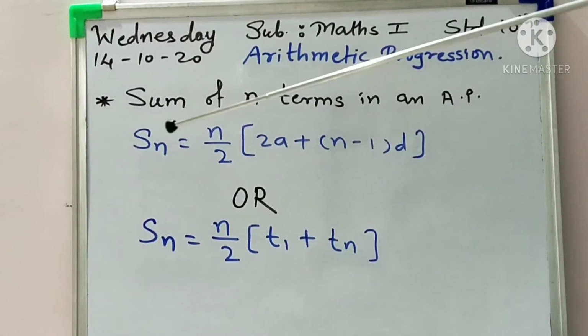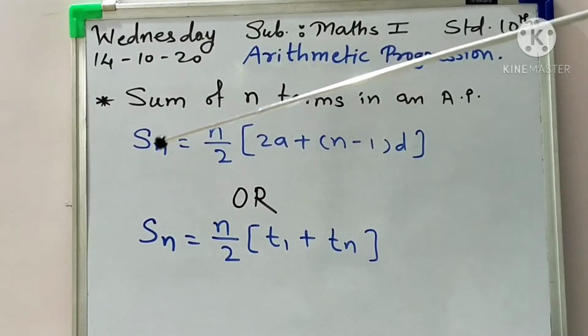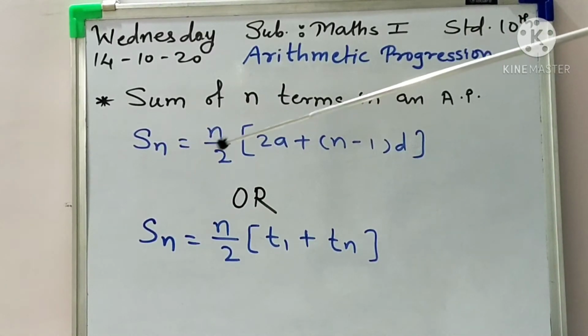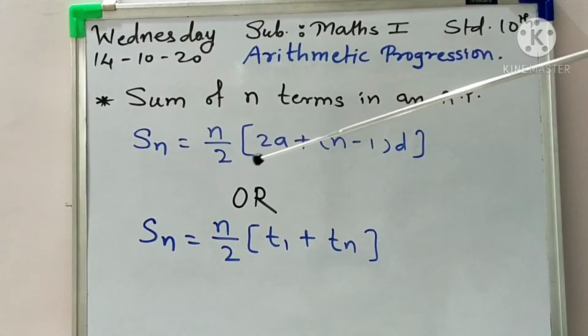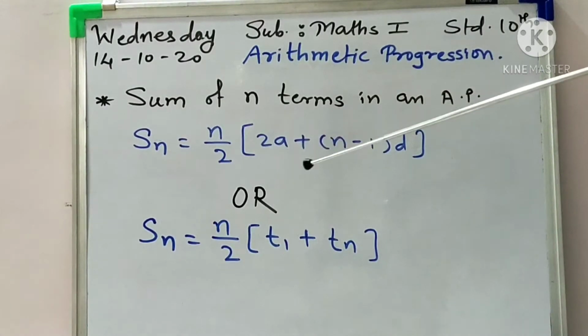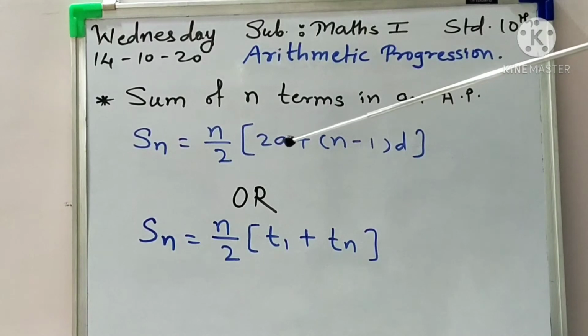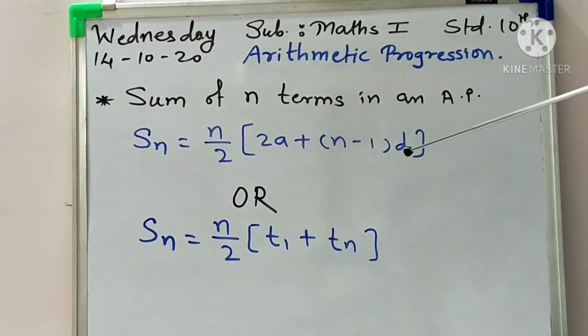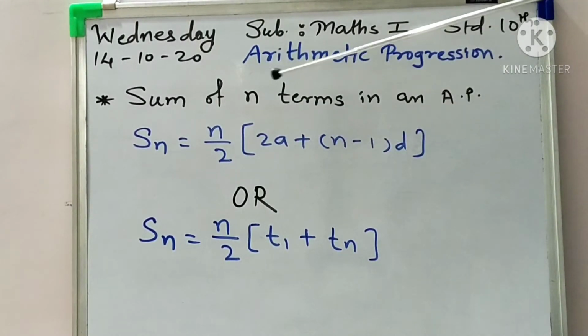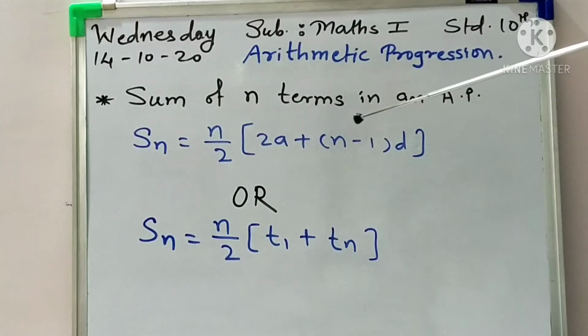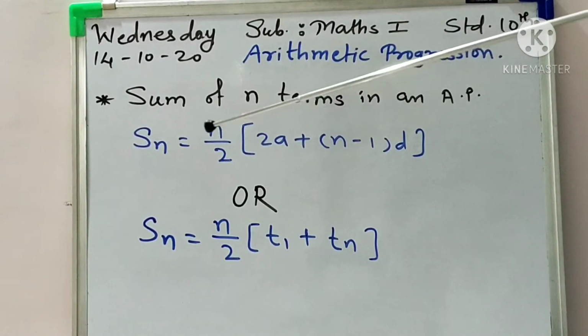So we have the formula Sn, the sum of n terms, equal to what? n upon 2 in bracket 2a plus n minus 1 into d. Here a means the first term of that AP and d is the common difference of the AP. And if we are given such an AP and the question is to find the sum of 20 terms, it means we take n as